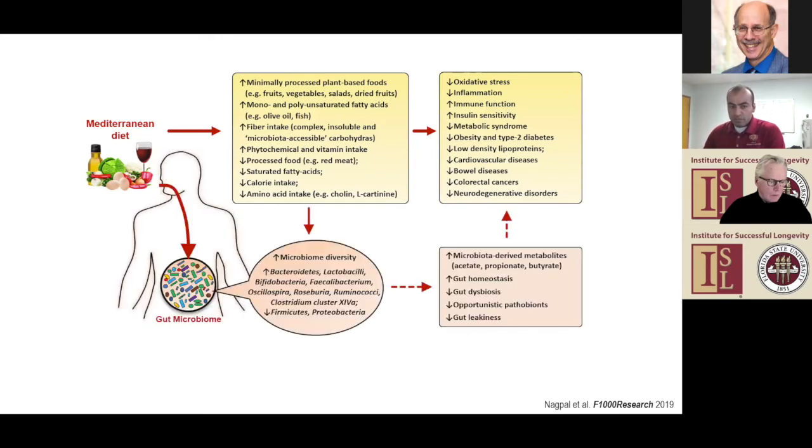What our studies suggest is that improvement in the microbiome diversity may also be one of the mechanisms by which this Mediterranean diet mediates these effects on gut and metabolic health. We have found that Mediterranean diet improves the microbiome diversity, increases the population of several health beneficial bacteria while reducing the intestinal levels of several opportunistic pathogens. And we believe that this improvement in the gut biome may be one of the reasons by which this Mediterranean diet confers some of these benefits on host health.